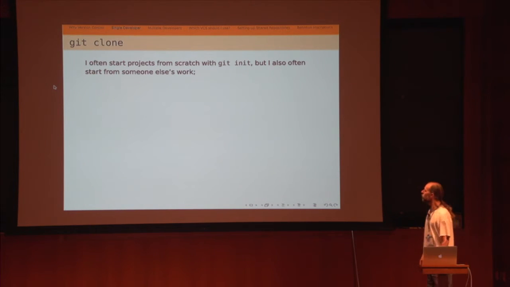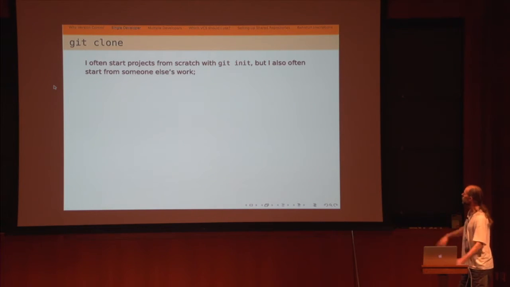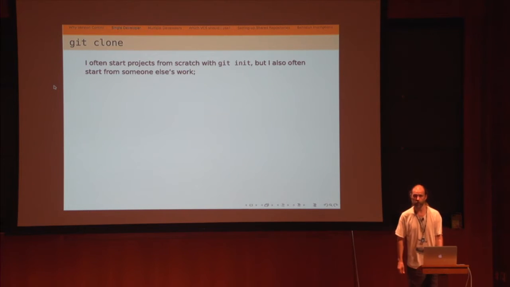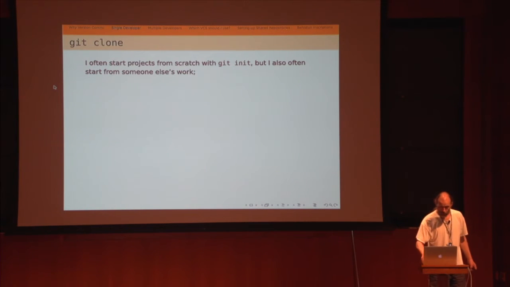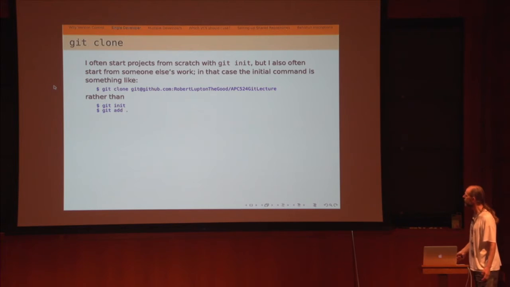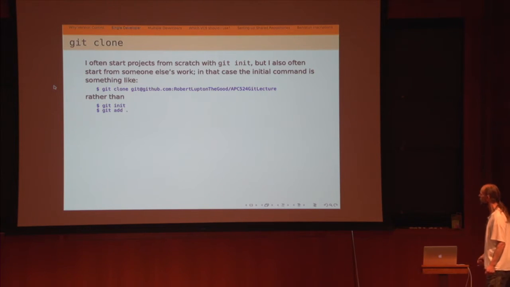Okay. So if you're starting your own project, you would start with this git command, git init, initialize. But often I actually want to steal from someone else. It's much better to steal from somebody else when you possibly can, in which case you would say something like this. You would say git clone, and I think Peter taught you all about this, that says get my stuff from git@github.com, Robert Lupton the good. Robert Lupton was taken. I don't like numbers like 12666 or whatever. So here is a repo.